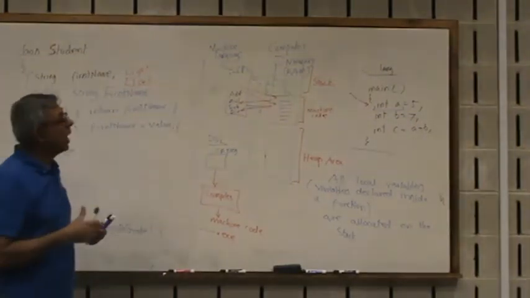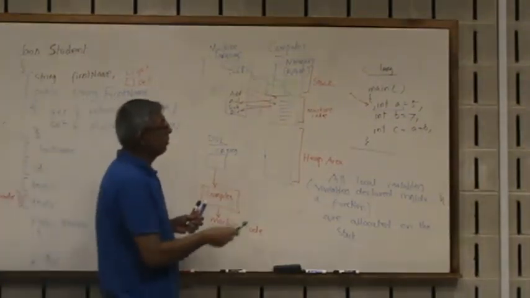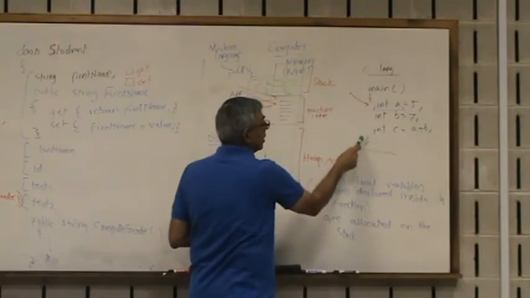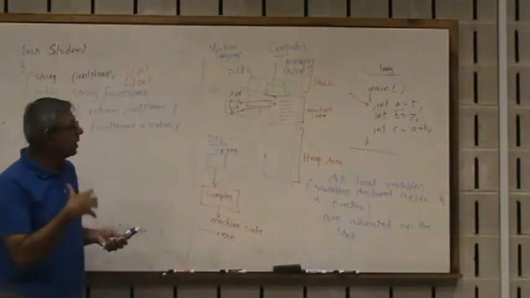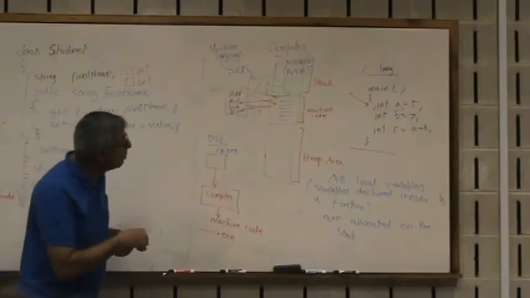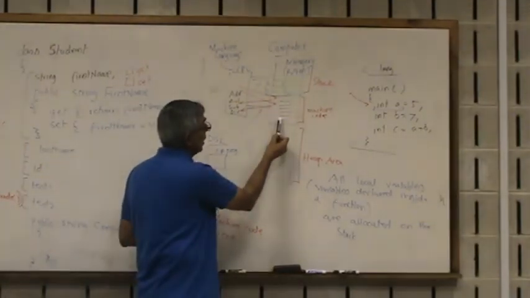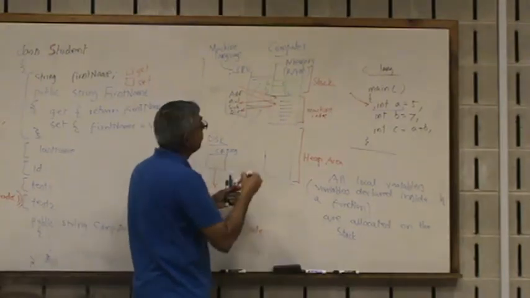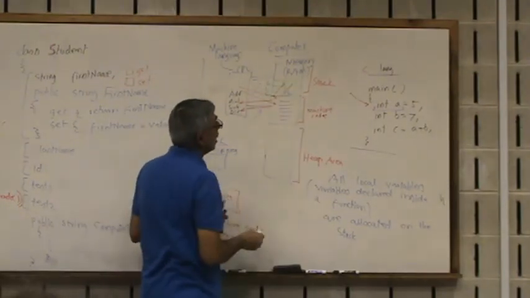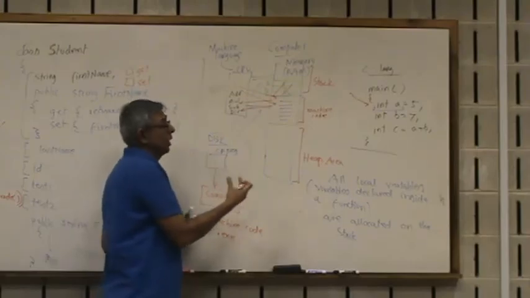So what happens to the stack area once the program ends? Do we need this memory? No. So the machine code that was generated over here will automatically clean up the stack, meaning this will go away as soon as the function where these were declared